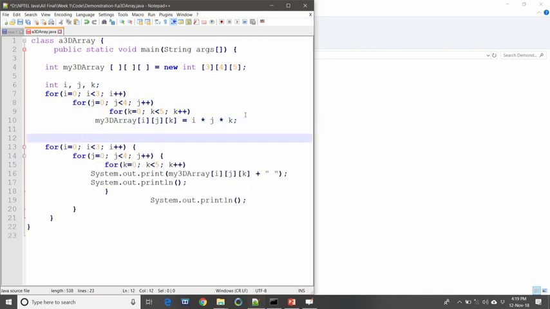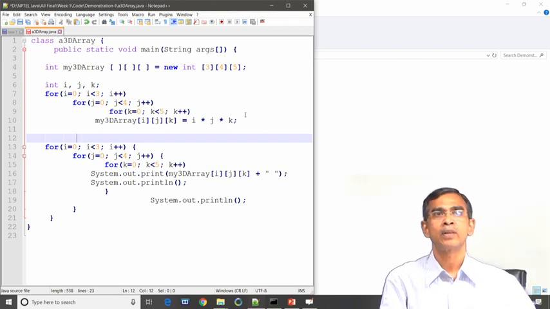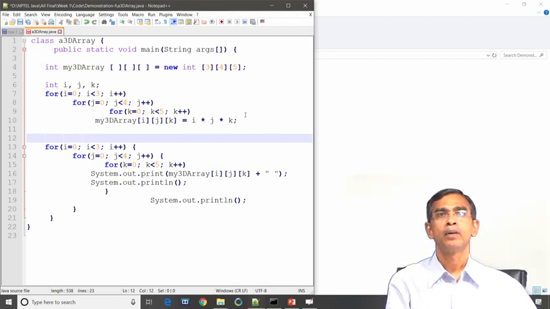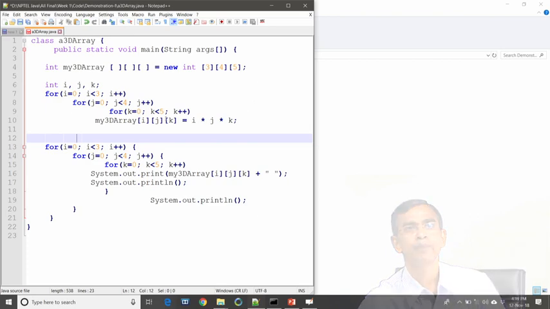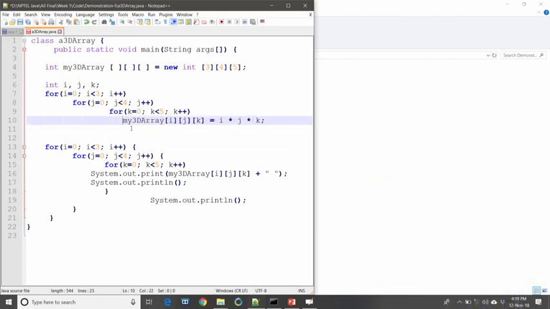Here, see the nested for loop. This will run as 3 loops actually. The innermost loop, with k equals 0, k less than 5, k plus plus, is basically to read the elements in a row, for each column in that row.